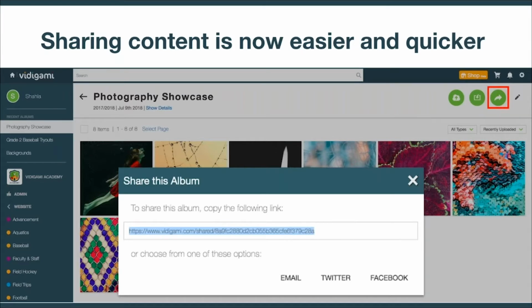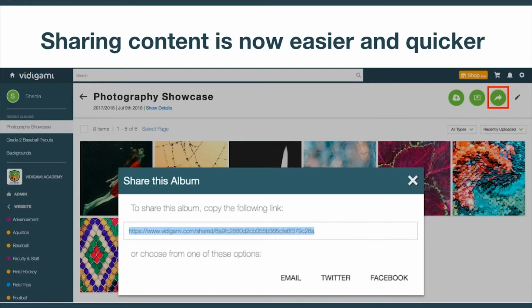So just jumping into the first couple of ways in which faculty can start sharing out content to their peers and families with very little effort and in the interest of saving time. I do want to talk about the ability to share out a direct link to an album and its content. And this is a way that you can either just share out that content or actually encourage your community to